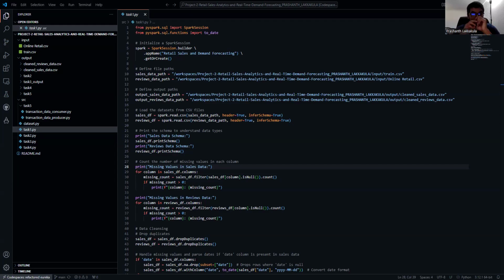Our project focuses on building a robust data processing pipeline for analyzing retail sales data, predicting demand, extracting customer sentiment insights, and monitoring transactions in real time. We utilize PySpark for scalable processing, Spark SQL for data querying, Spark Streaming for real-time analytics, and MLlib for machine learning tasks. Now we'll go through the Task 1 implementation, where we have focused on data loading, cleaning, and